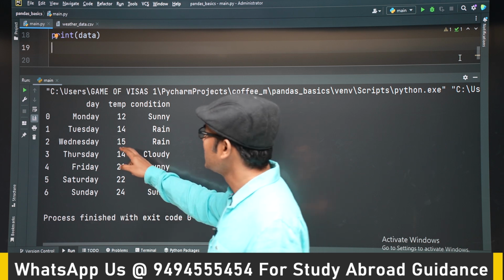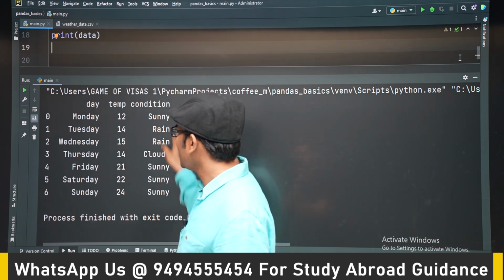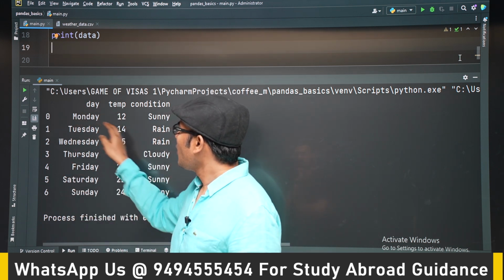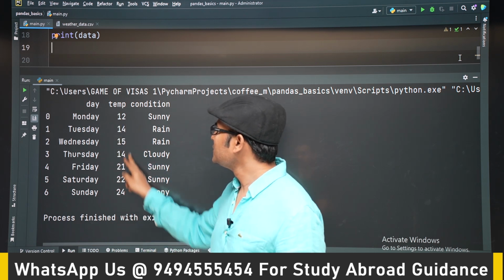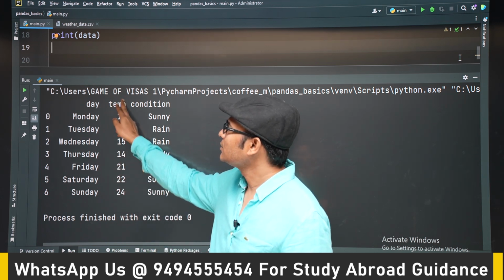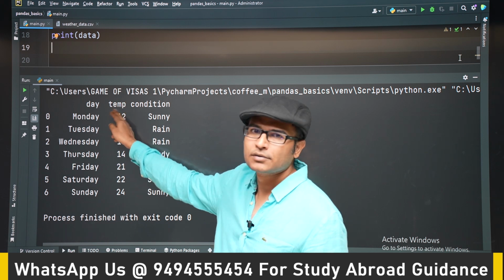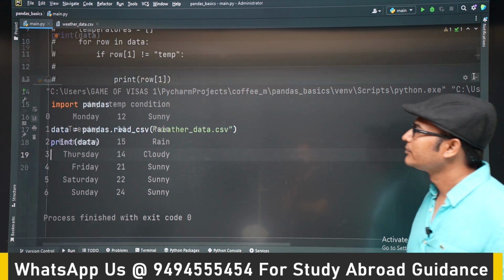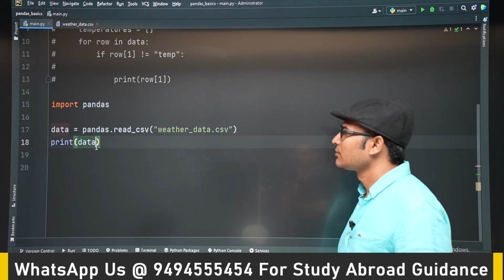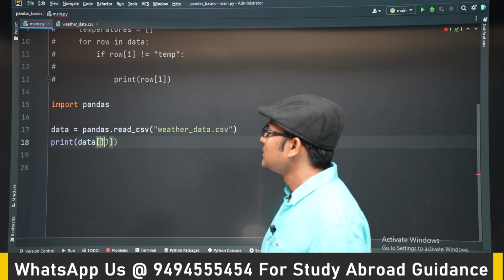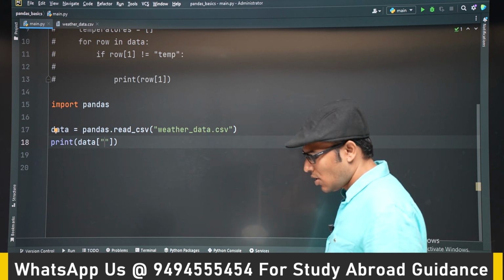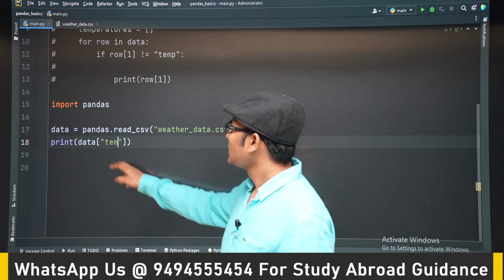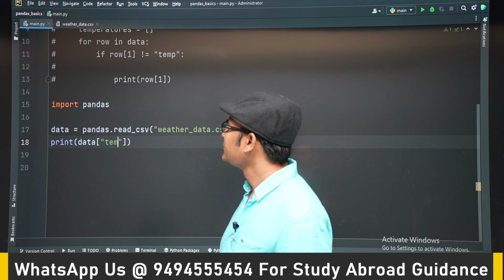Now you can see that the CSV file is in the form of a table. Now in order to get these numbers, it is simply by taking the column heading. So data of temp. If I just write the column heading,